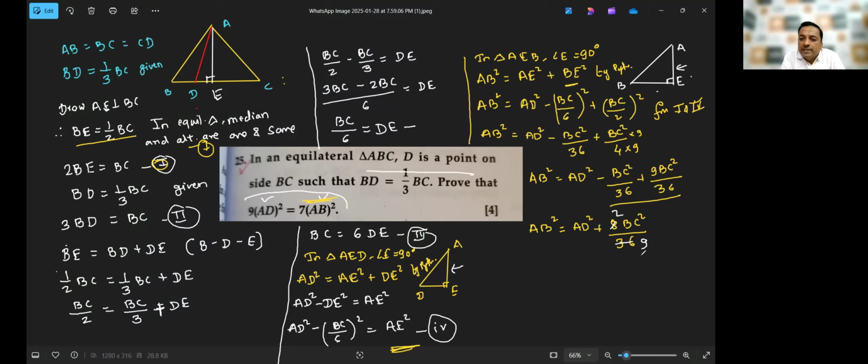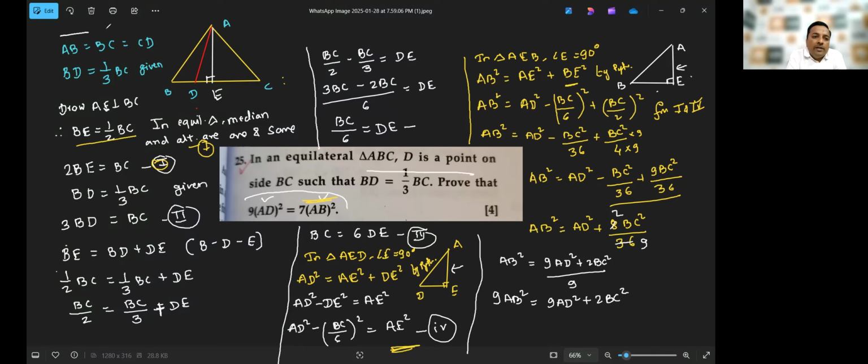ठीक है। तो अभी 9 से इसको मल्टीप्लाई, एलसीएम करेंगे, वी विल डू एलसीएम, क्या आएगा, AB स्क्वायर इज इक्वल टू 9 से मल्टीप्लाई किया, 9AD स्क्वायर प्लस 2BC स्क्वायर अपॉन 9, ये 9 को शिफ्ट किया यहाँ पे, 9AB स्क्वायर इज इक्वल टू 9AD स्क्वायर प्लस 2BC स्क्वायर। अब हमें क्या चाहिए, वी वांट AD एंड AB ओनली, तो AB स्क्वायर चाहिए था, अब BC है हमारे पास, BC। तो स्टूडेंट्स हम लोग ने यहाँ पे लिखा था फर्स्ट स्टेटमेंट,